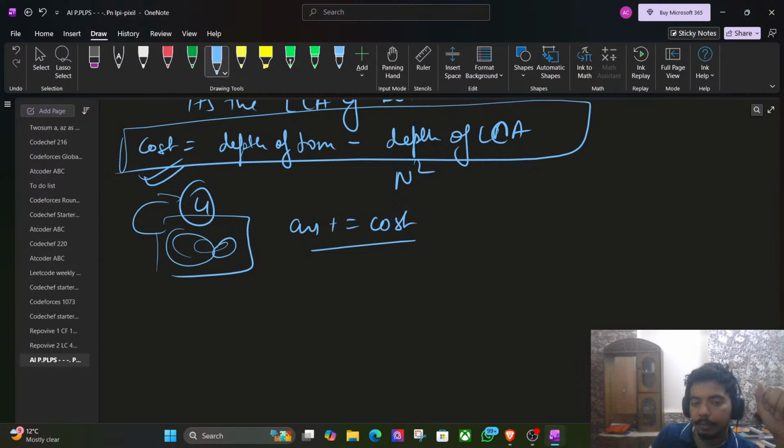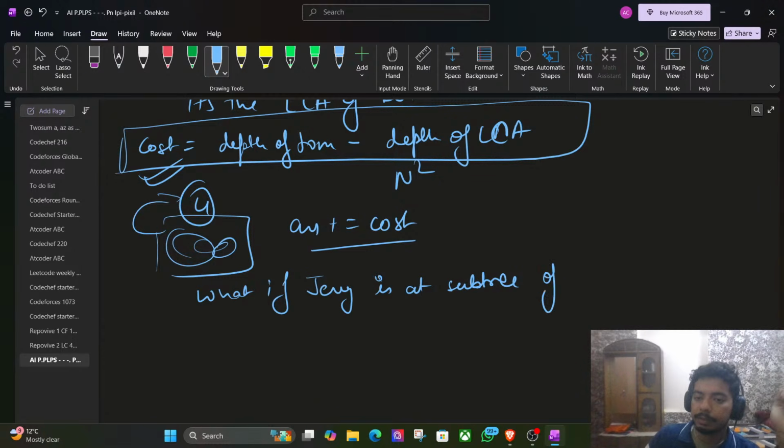Now there's one more thing. What if Jerry is at a subtree? Tom is standing at U and Jerry is at the subtree of U. Then what will Jerry do and what will Tom do? In this particular case, Jerry will move and Tom doesn't have to move. So we will subtract